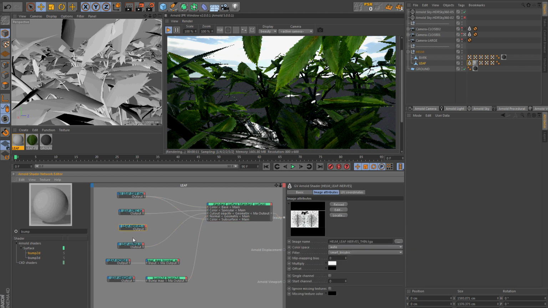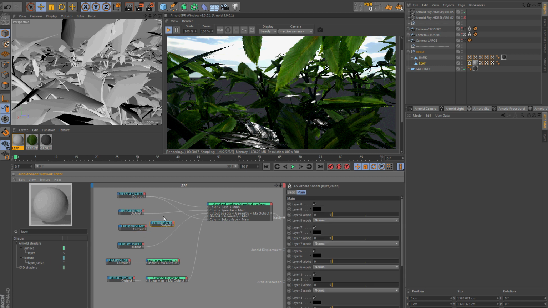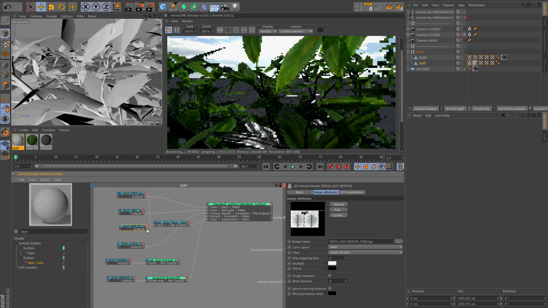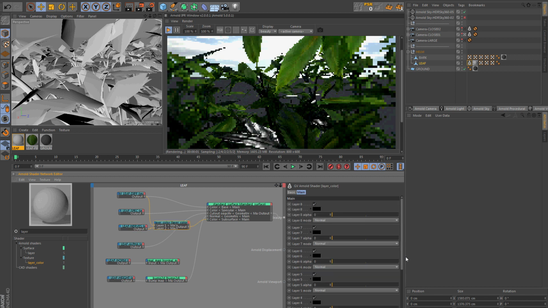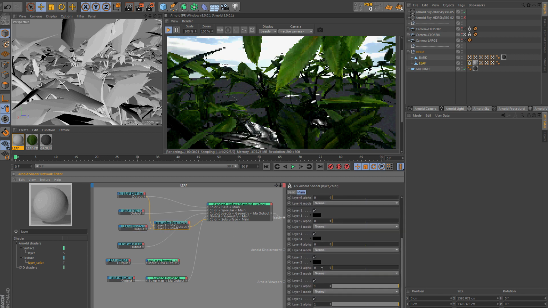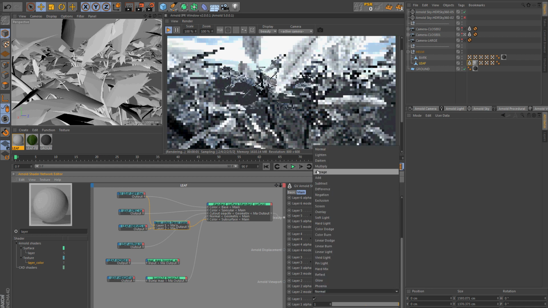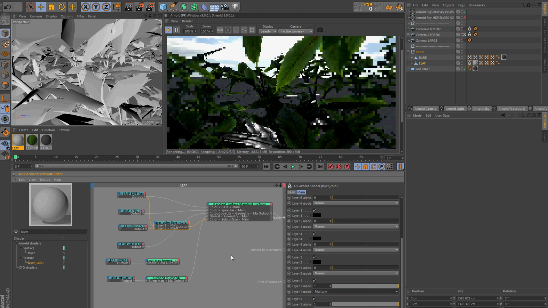I want to see the thickness of the leaves, so I will use this map and take a layer color, connect the diffuse to layer 1, and connect the nerves map to layer 2. Set it to 1 in multiply. Perfect. Yeah, it seems to be good.